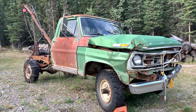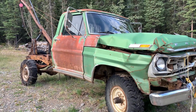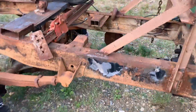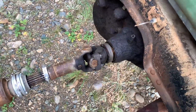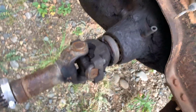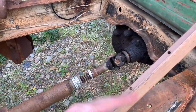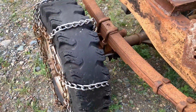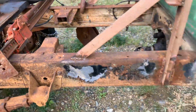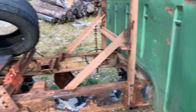The time has come where you gotta fix a piece of junk so you can move more pieces of junk. And if you're new to this kind of program, I'm pretty sure you're not supposed to see your bearing, and it's not supposed to do that. And when you hit the gas, it's not supposed to just spin, and these don't. So what we're gonna do is drop that transfer case out, slap another one in it,